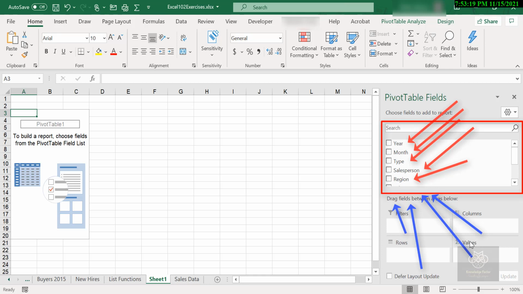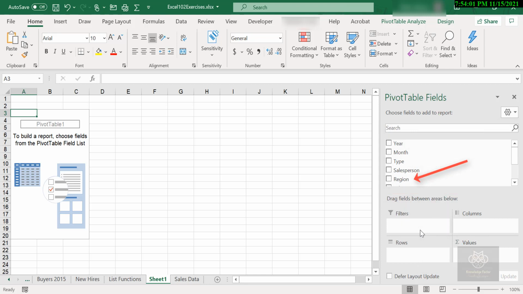In the earlier edition, I dropped the month into the row section, the type into the column, and the sales into the values. I didn't use the filter section; we'll talk about filters later. There are actually a couple of different ways to build a filter. For example, if I want to see all the products for every year or every month, I can filter the result of that summary data through the pivot table. But like I said earlier, it's a really simple process to build the pivot table. You just drag the fields into these four sections and complete your pivot table.